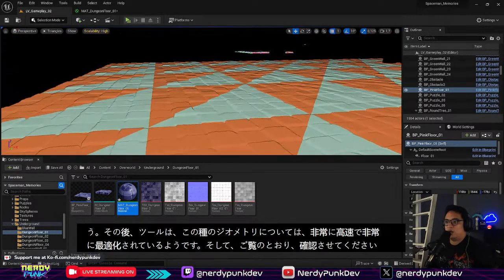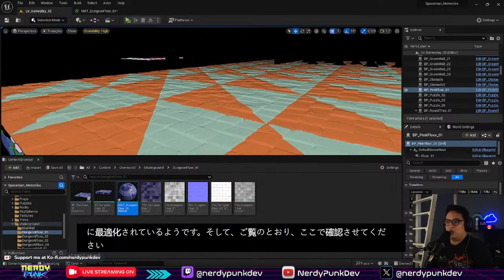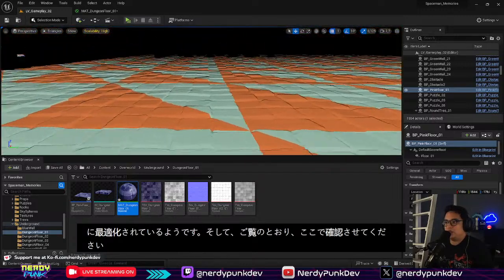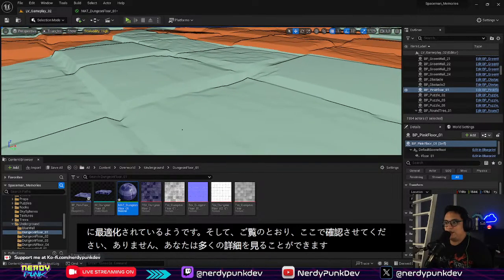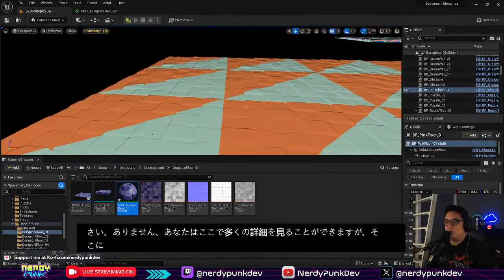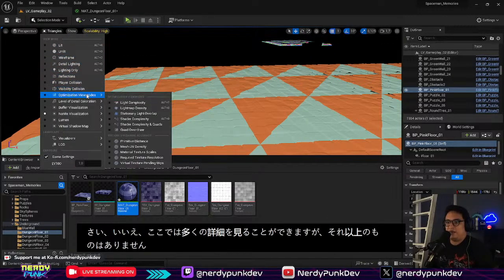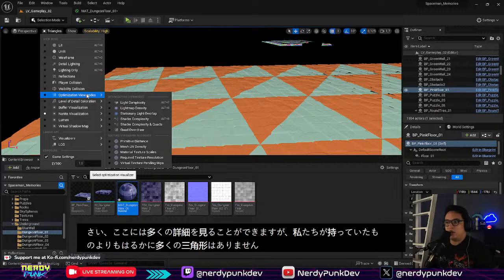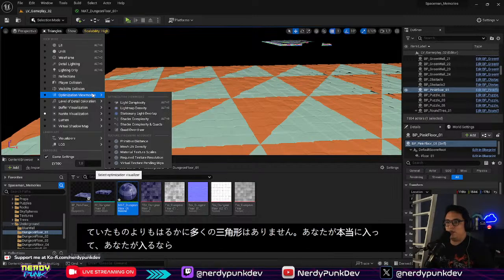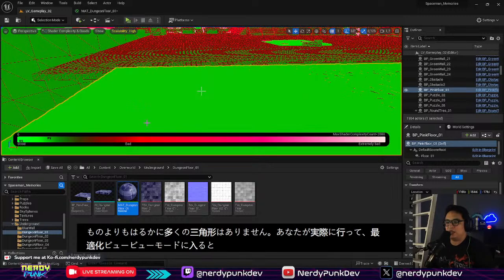You can see a lot of detail here, but there aren't that many more triangles than what we had. If you go in Unreal Engine into the optimization view mode and find the shader complexity,